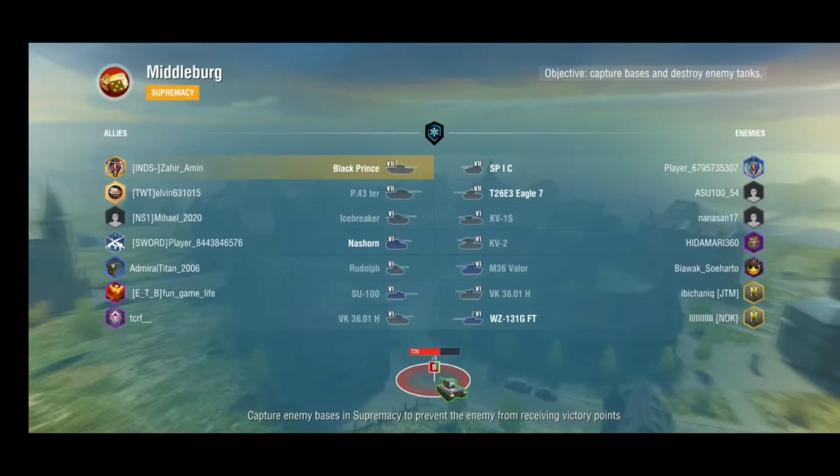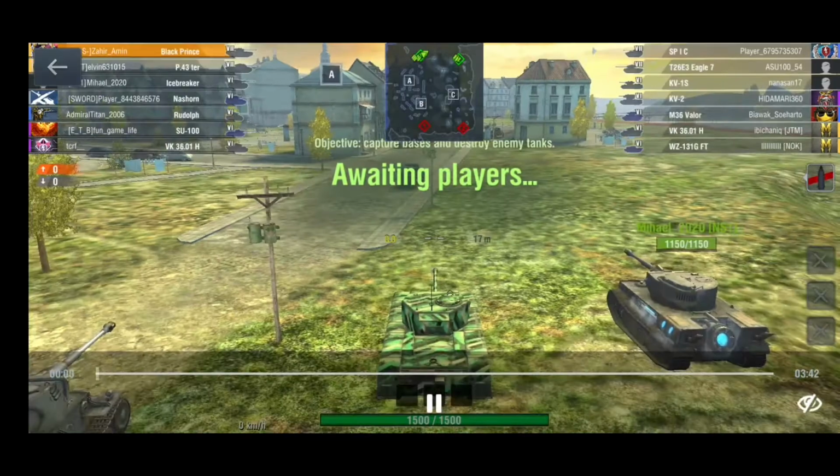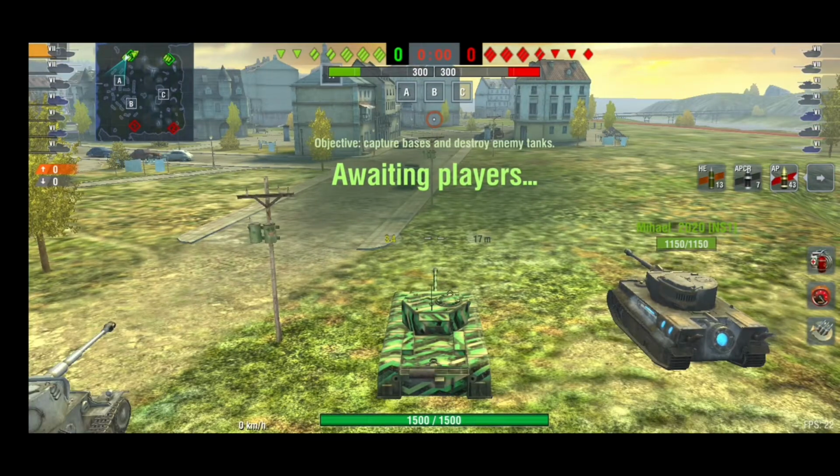How to effectively use the Black Prince. In this first video we have Zahir Amin, and he's going to do some good things in this tank. Very, very good things. Now, with this tank, and a lot of the other British heavies of this line, they